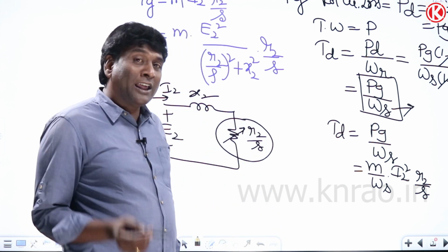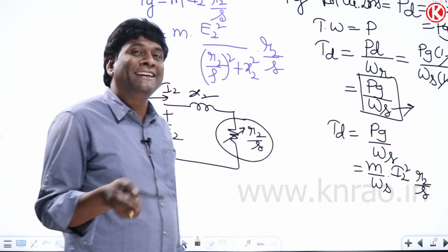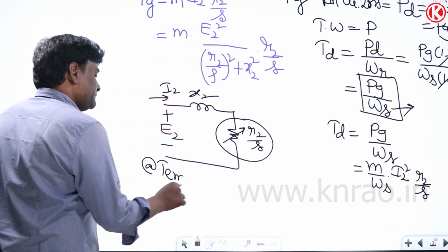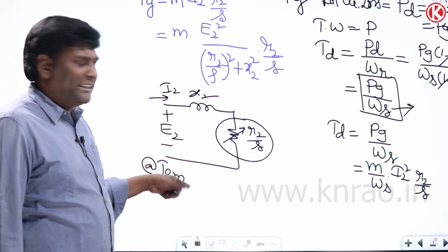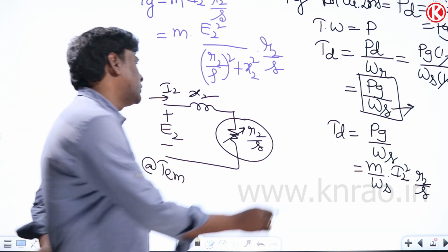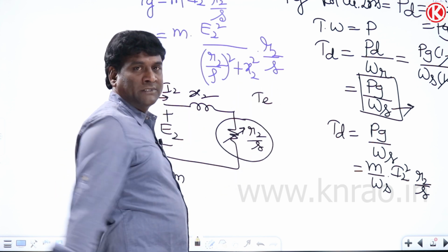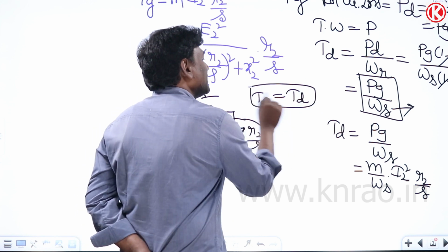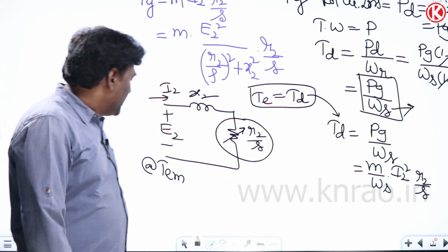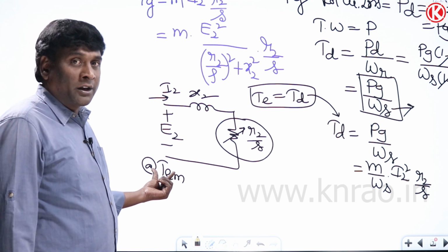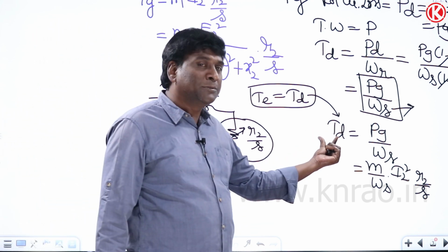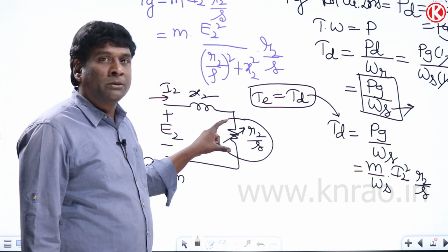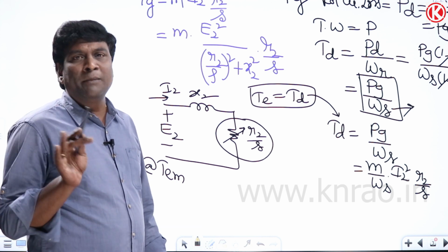Now in order to calculate pull-out torque, or maximum torque, or stalling torque, let me think of TEM, the electromagnetic maximum torque. TEM or TDM; TE or TD is the same. Some textbooks may write TE, electromagnetic torque, and some may write developed torque. Both are the same. At pull-out torque or maximum torque, PG should be maximum. PG is nothing but the power absorbed by this, which should be maximum. The maximum power transfer theorem of network theory can be applied.